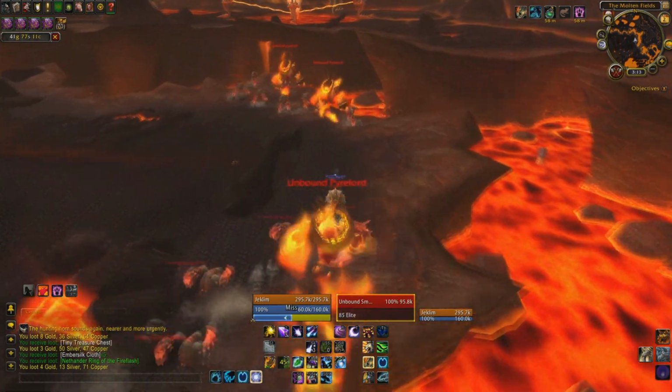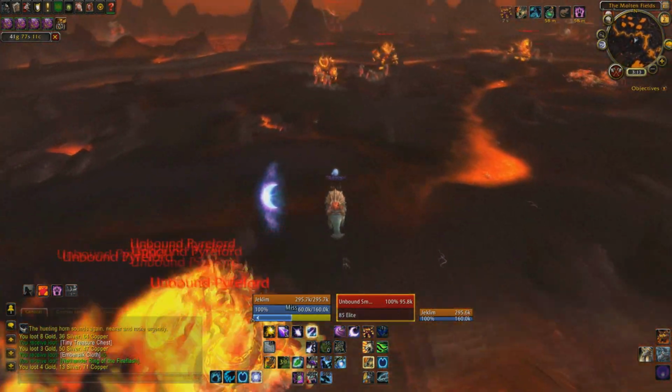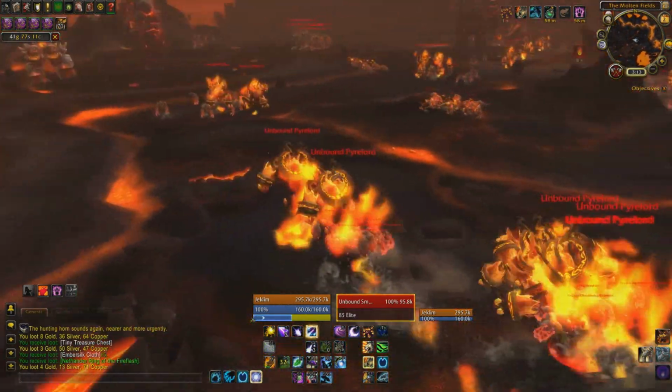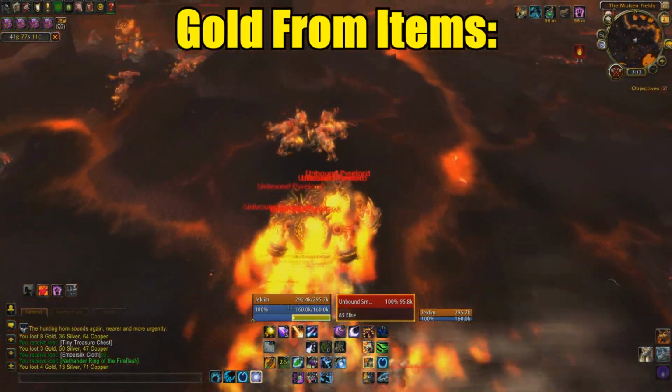So this video I used an add-on called Loot Appraiser that would track where my gold came from, either from drops or from items or whatever. In my last video, I ended up mailing them to an alt and then just keeping track of them that way. Okay, now for actual drops, we made